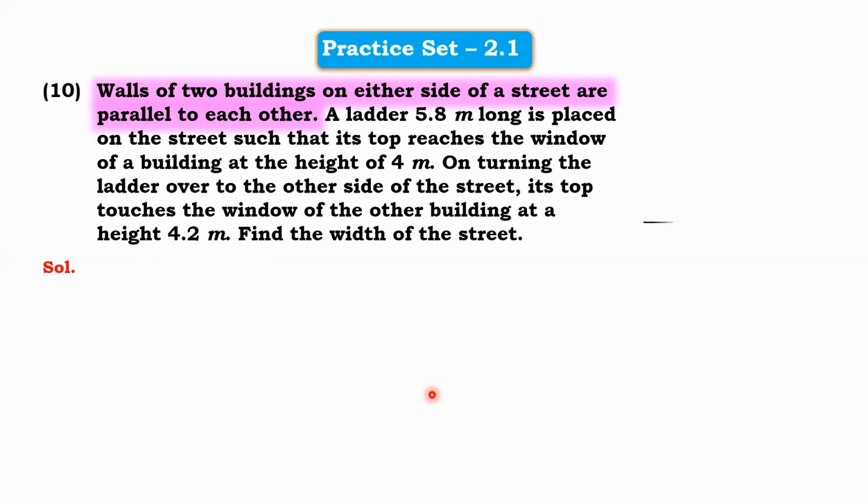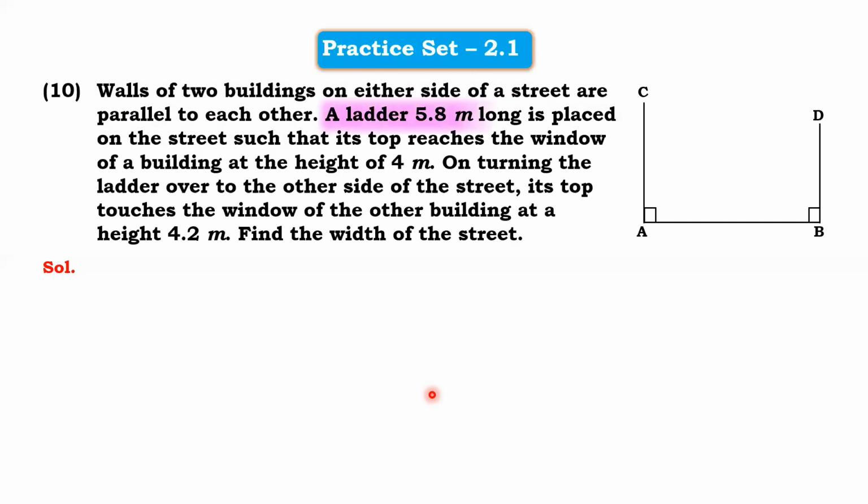So let us consider this as a street. Okay? Horizontal line as a street. This AB is a street. So we have one building on A and second building on B. Now both the buildings would be perpendicular, that is but obvious we know. So we say AC represents the wall of the first building, BD represents the wall of the second building, and both the buildings are parallel to each other.